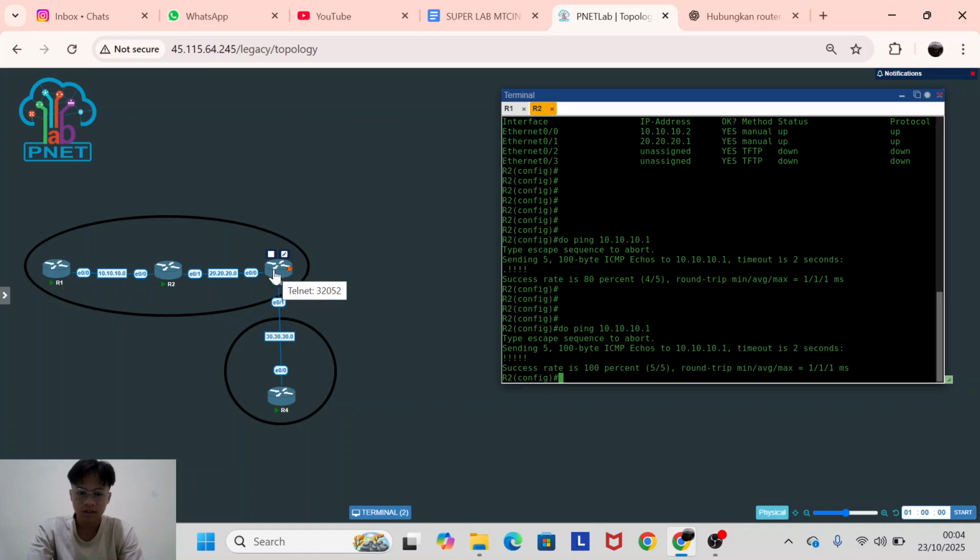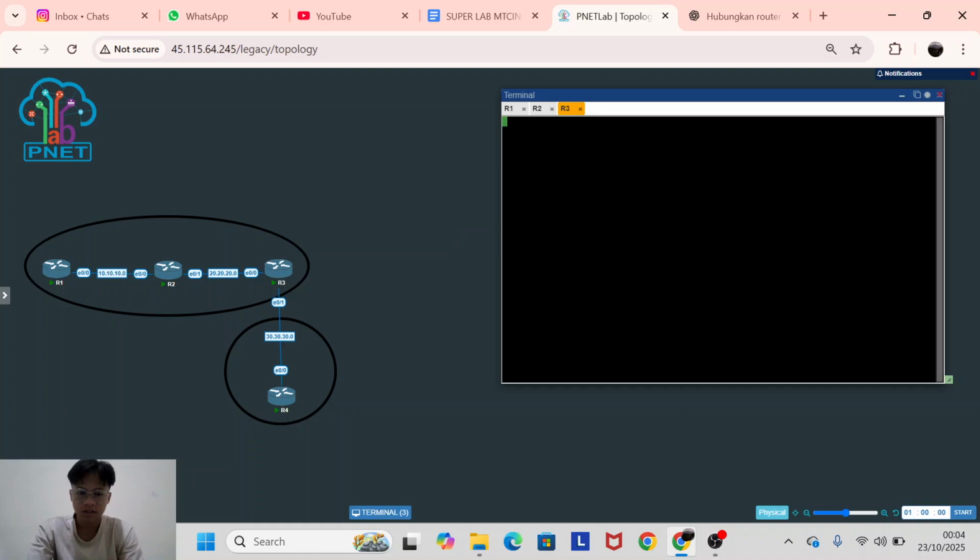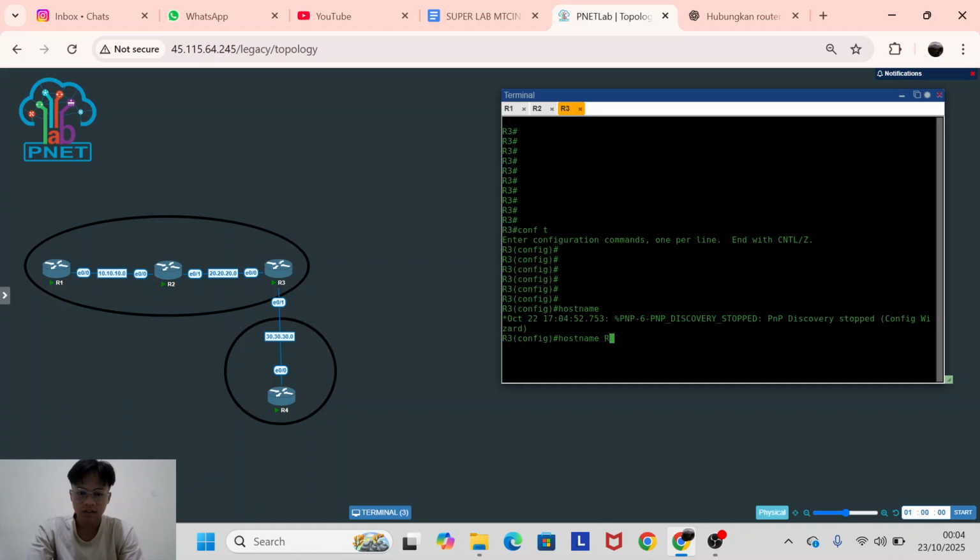Before, it was loading. Now in router 3, same as the other routers, you can change the host name. I know this is so boring, but what shall I do? The host name is router 3.